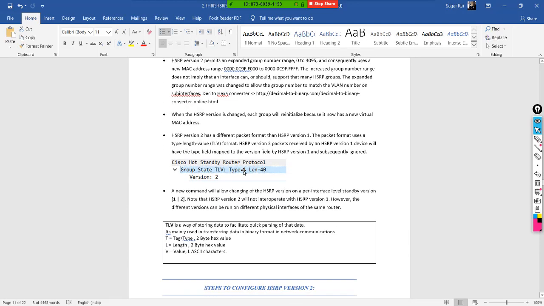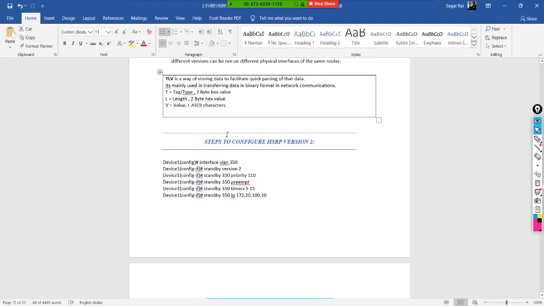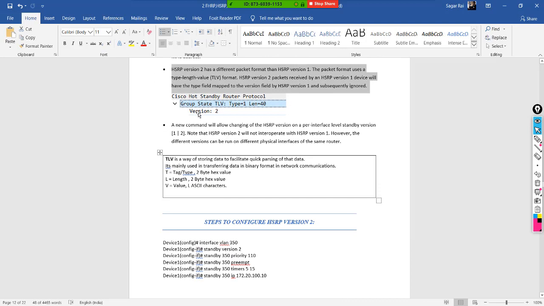Similarly, the TLV I was talking about, type length value, is seen in version 2, and it adds type 1 along with version 2. In version 1, we do not have the TLV format. It's a plain format, which I showed you in the last class. In version 1, there is nothing called type associated with the version.